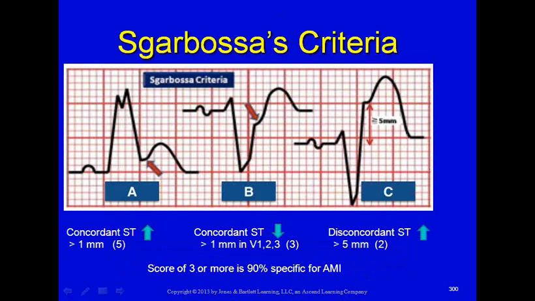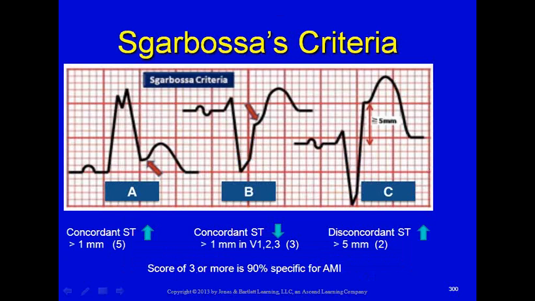And if I have ST segment depression in the same direction as the QRS, so if my ST segment depression is down and my QRS is down below the isoelectric line, then I score a 3. But it's got to be in V1, 2, or 3. Not all 3 leads, any one of those 3 leads. If I have ST segment depression in the same direction as QRS, there's a 90% chance that I am in fact having an infarct. If I don't have either one of those, I'm going to look at